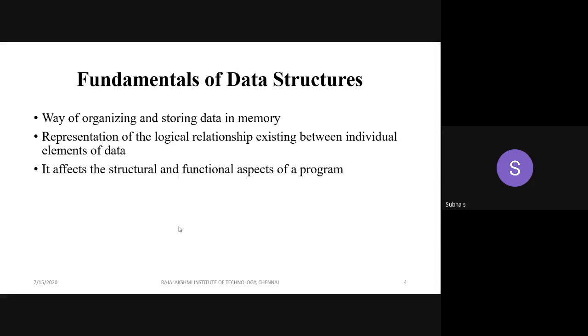We have arranged them in different sections. Section A contains some 50 to 60 students, B contains 50 to 60. So it is easy to access all the data. That means it is easy to track all of you. The same thing is applicable in data structures. Got it?